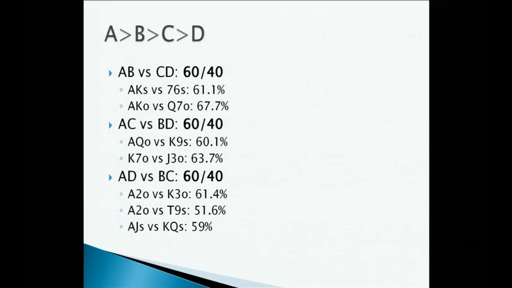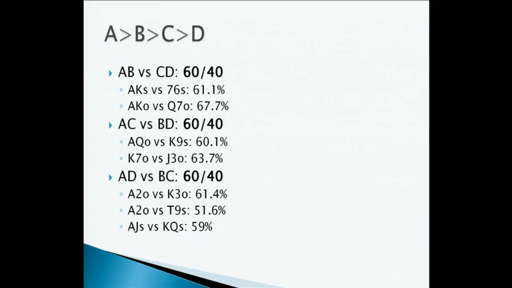So the last case is, there's some weird cases where all 4 cards are different. Roughly speaking, when all 4 cards are different, the guy with the highest card is going to be a 60-40. I mean, this is very rough because it's hard to encompass all the different types of scenarios under the same umbrella, but roughly, the thing that matters is having the highest card. So let's see. AB versus CD, which means you have 2 cards above their 2 cards. You can be as good as 67.7% if it's like ace king off versus queen 7 off, because queen 7 off has no straight outs and no flush outs.